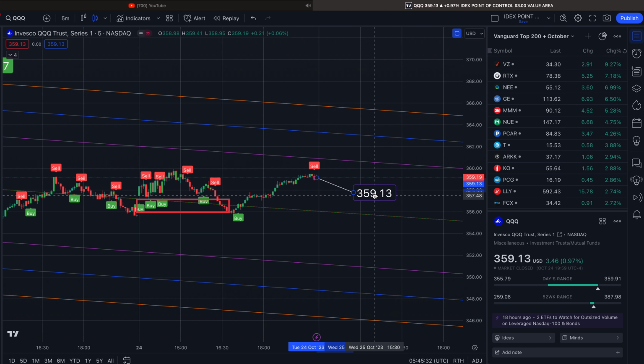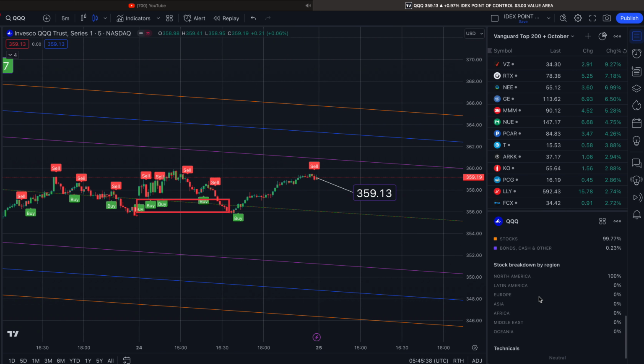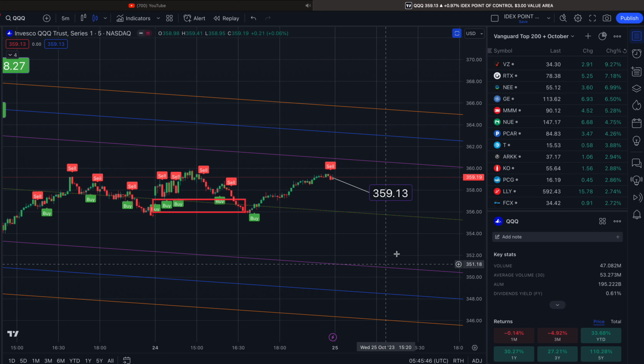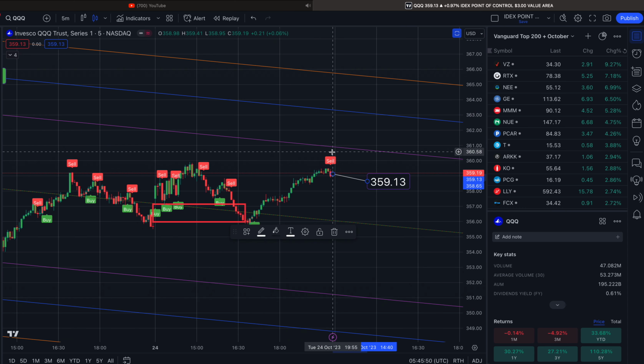We ended the day at 359.13, up nearly 1%. For the month, we are down just a little bit, but for the year to date, we are up 33%. We are right here, and 2 standard deviations takes us to roughly 360.91, 363.34,